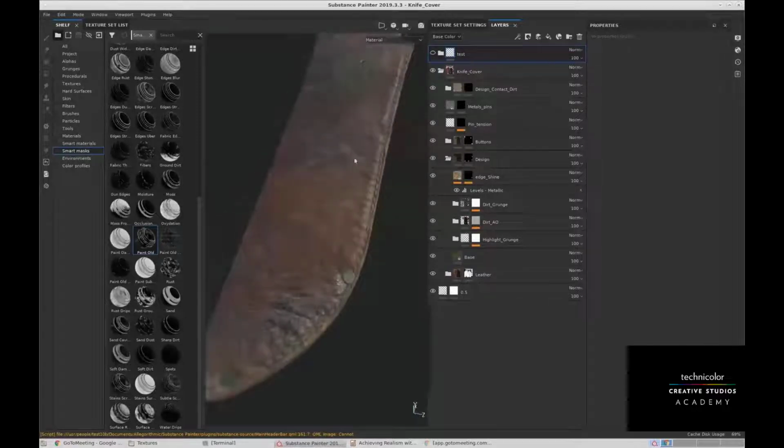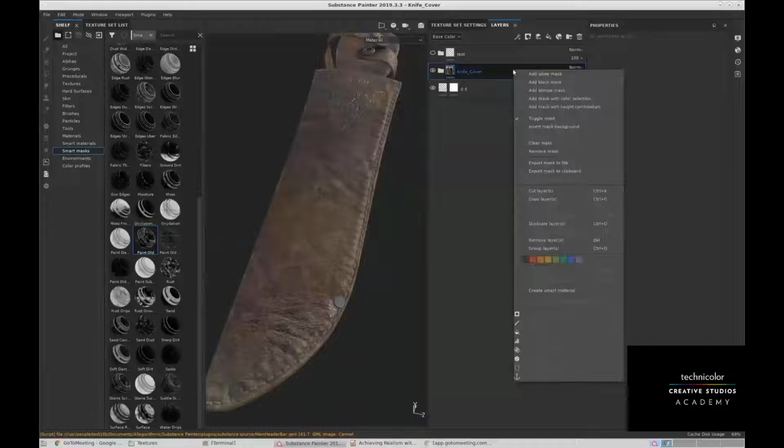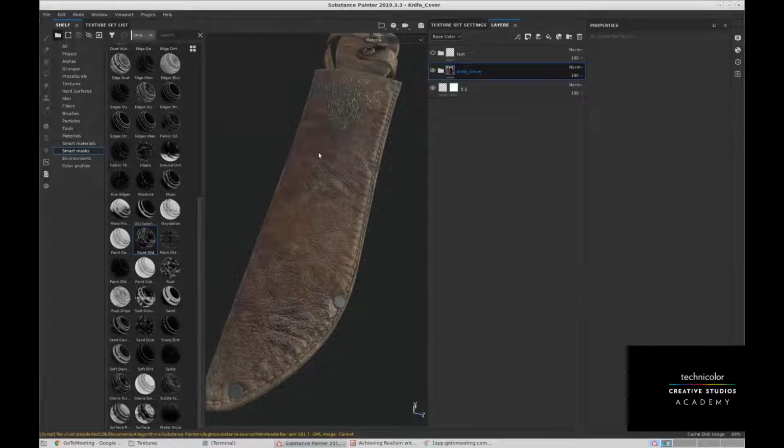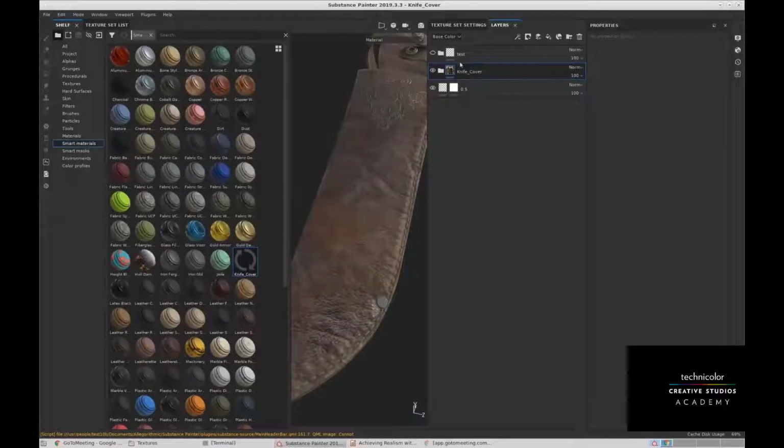Before starting, this is a complete project and you can assign this as create smart material. If I do that, immediately this leather cover will go to my smart material library, will get stored in my smart material library. So now if I turn off this project,